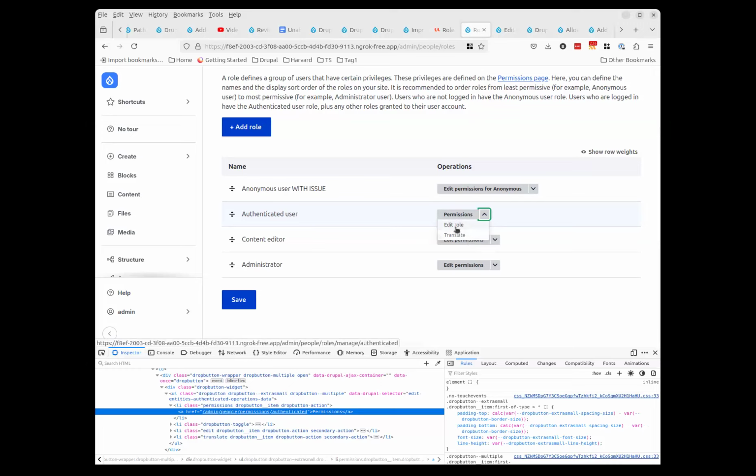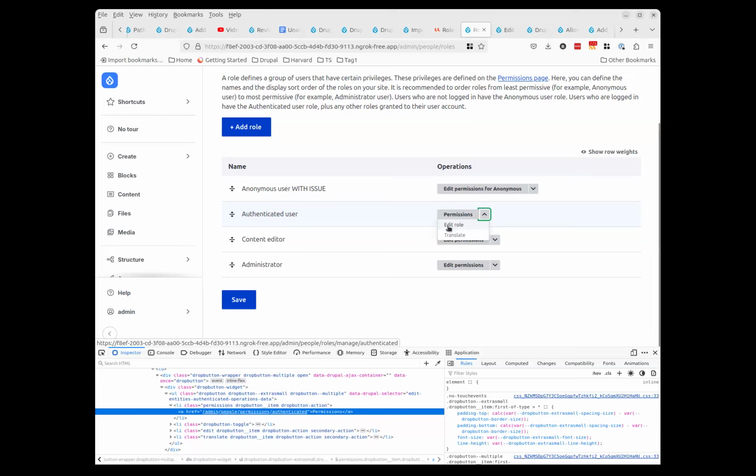Just a brief point, because I think it's preferable to have that drop button option label consistent with the local task label, and going with edit role is inconsistent with most of the other places in the admin UI, because usually you only have edit as the tab label, as well as a label in general for a page like that. So I'm not sure.